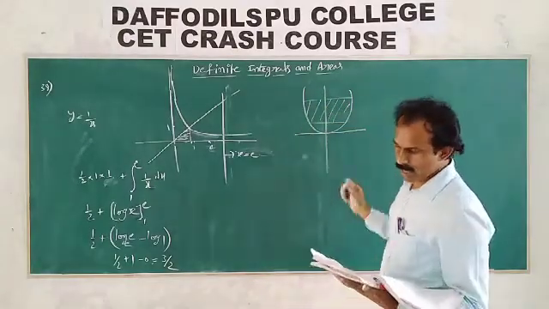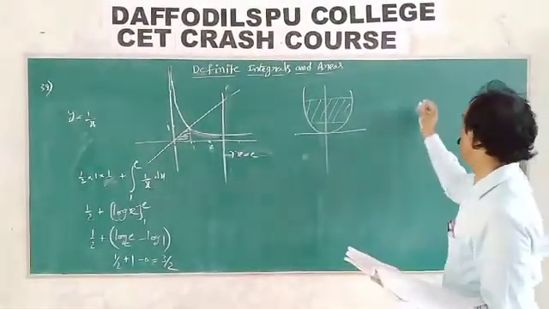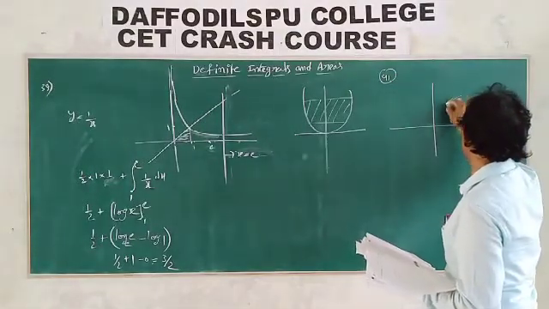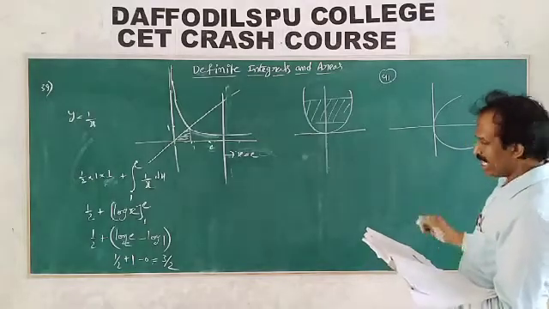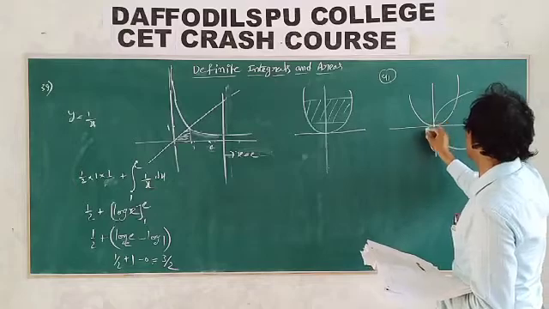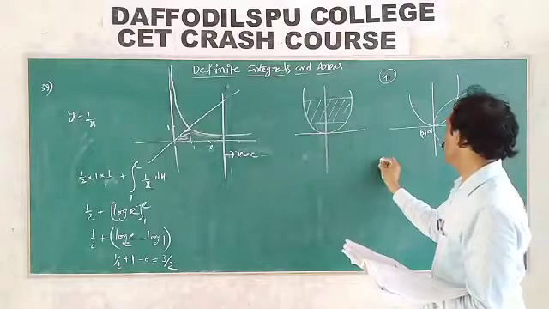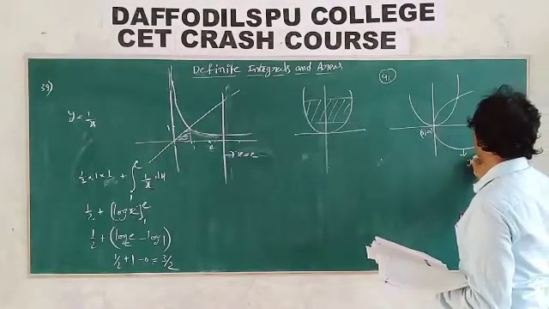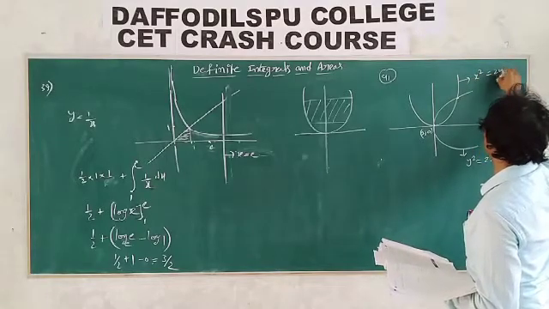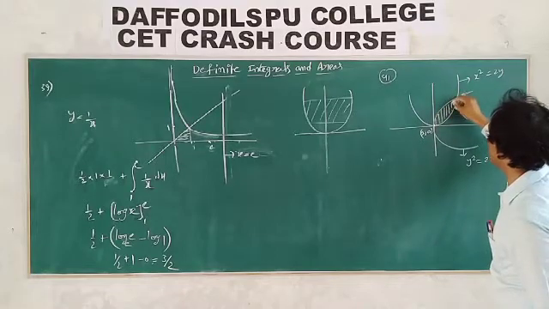Okay. Next one, the area included between the curves y square is equal to 2x, open right side, and x square is equal to 2y, open like this. So point of intersection one is 0 comma 0. We want the other point of intersection. How to find? This one is y square is equal to 2x, and this one is x square is equal to 2y. Find out the intersection point. So this is the area.